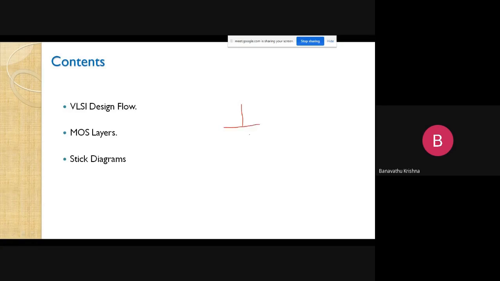If there is no contact cut, there is no connection. If you want to make the connection, then only they are going to form one device like that. Based on these design rules, we have to go through many examples for the implementation of stick diagrams.